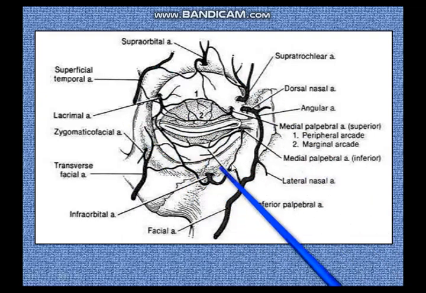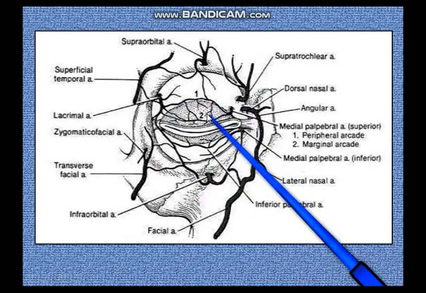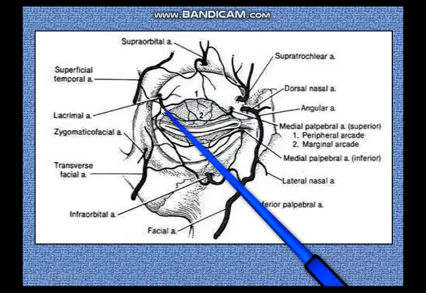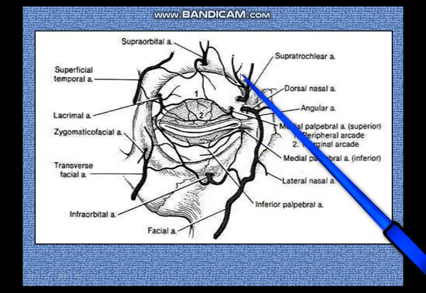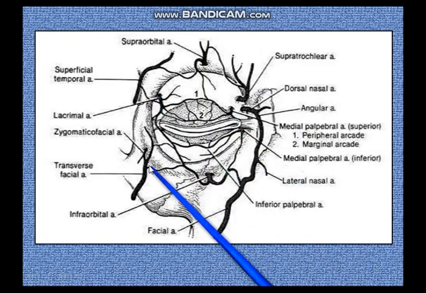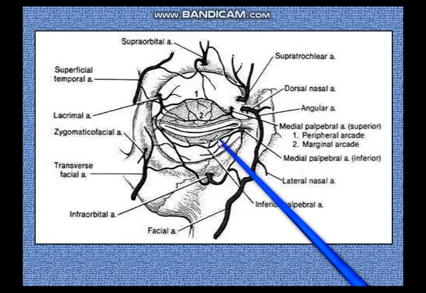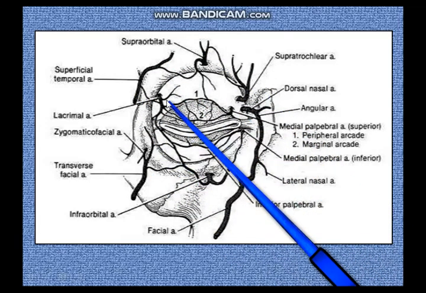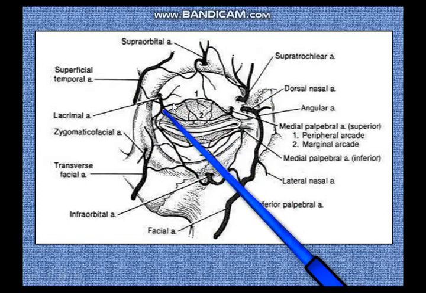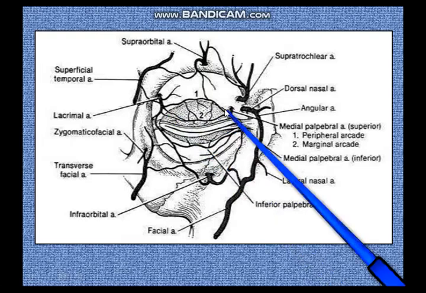So all of these are supplying the two eyelids, and in these arterial arcades in the eyelids, there is a marginal arcade and there is a peripheral arcade. So here you have a peripheral arcade, here you have a marginal arcade connecting the medial palpebral branches and the lateral palpebral branches. For the lower lid, in most cases you have only one arcade, not two. So all of these major arteries that are here, they give palpebral branches which are supplying the lids, and these palpebral branches form marginal arcades and peripheral arcades, and they supply the eyelids.